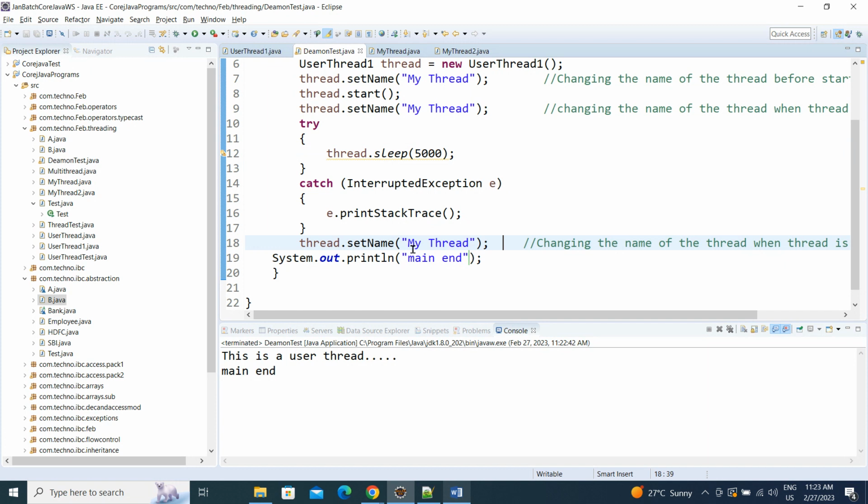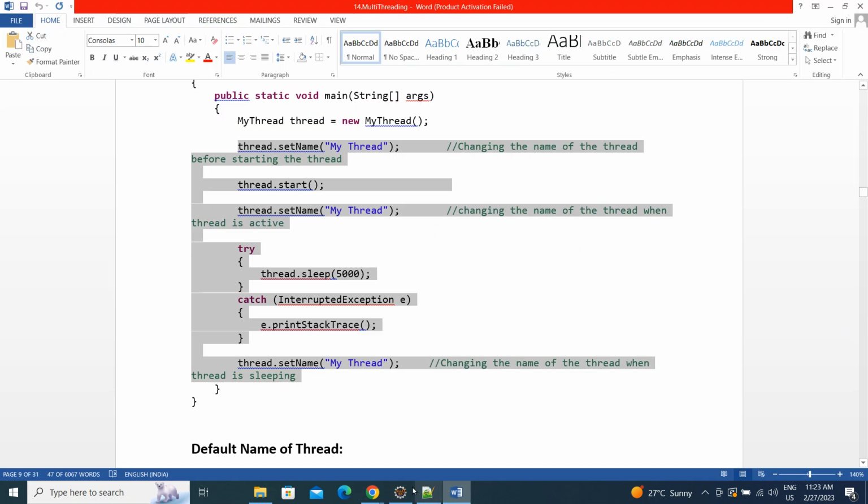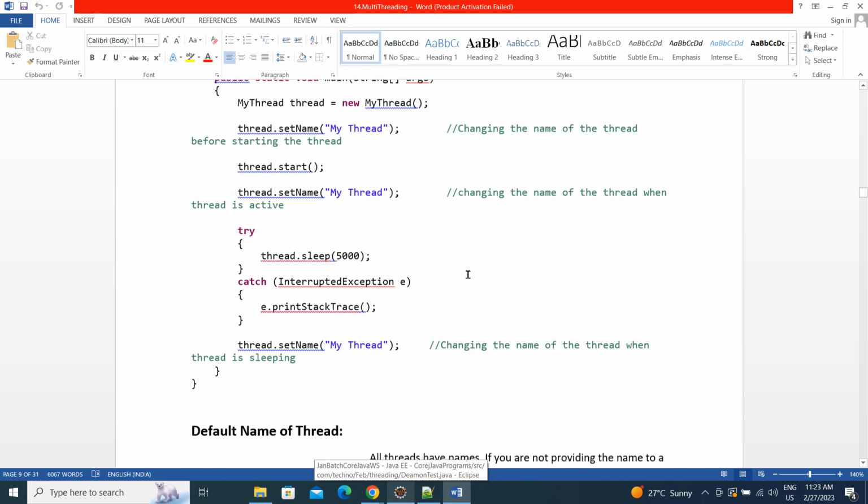Okay. Now the default name of the thread, like I told you, is Thread-0, Thread-1, Thread-2, like that it is giving, right? Now,